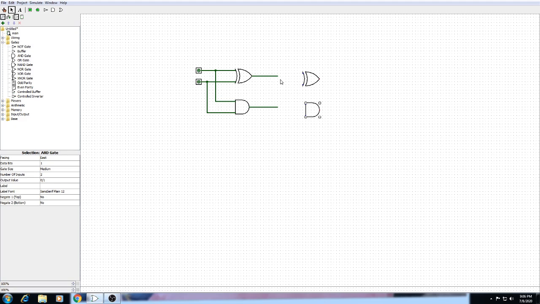First we connect this output to this XOR, and this one we get as a carry out. Okay, so here we will get the sum, so that's why we take the output pin, where we get the sum of this full adder.